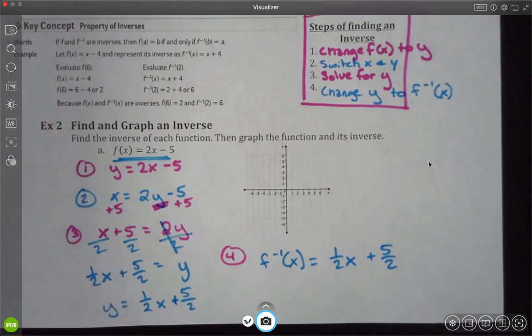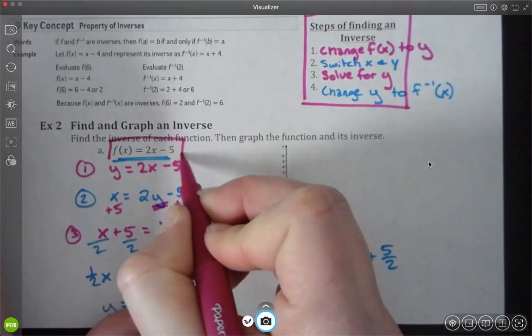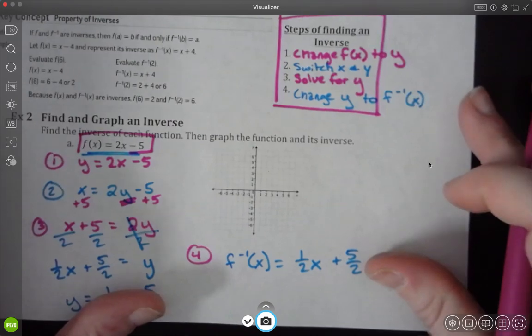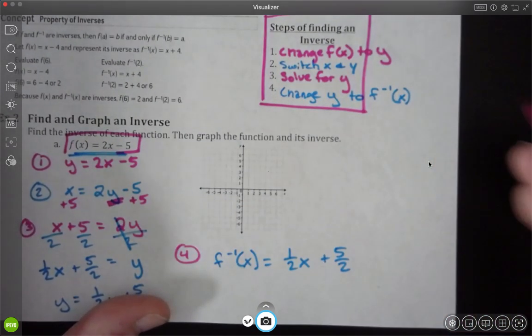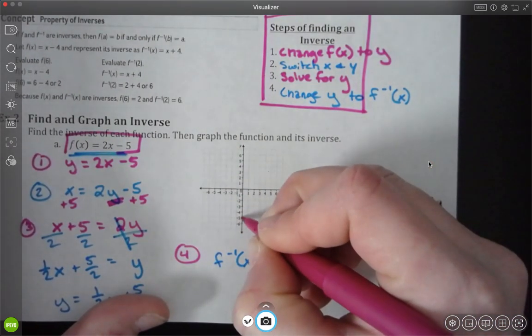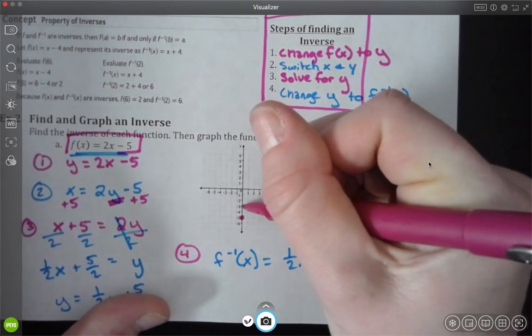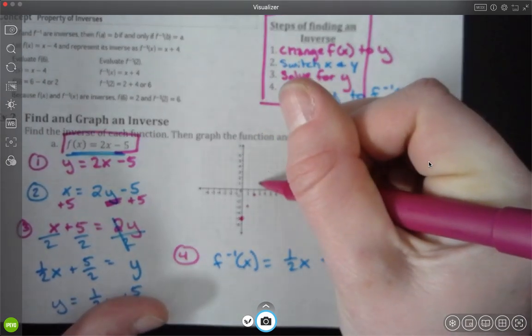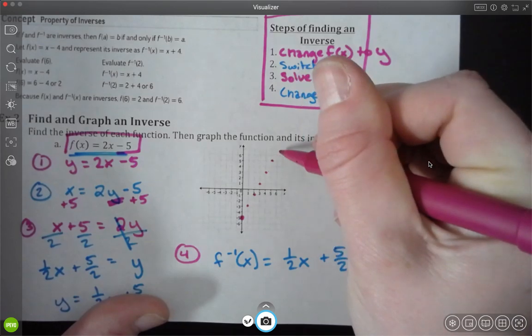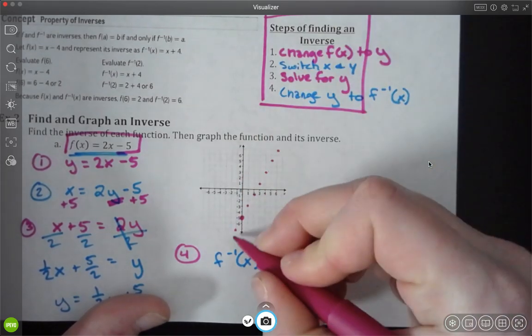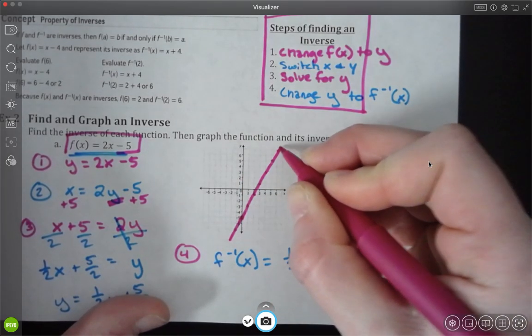So I'm going to start with the beginning one. 2x minus 5. How do you start graphing that thing? Go up to 5. Down to negative 5. Okay, and then I go up 2 over 1, up 2 over 1, up 2 over 1, up 2 over 1. You will probably have some questions like that where you have to graph these guys